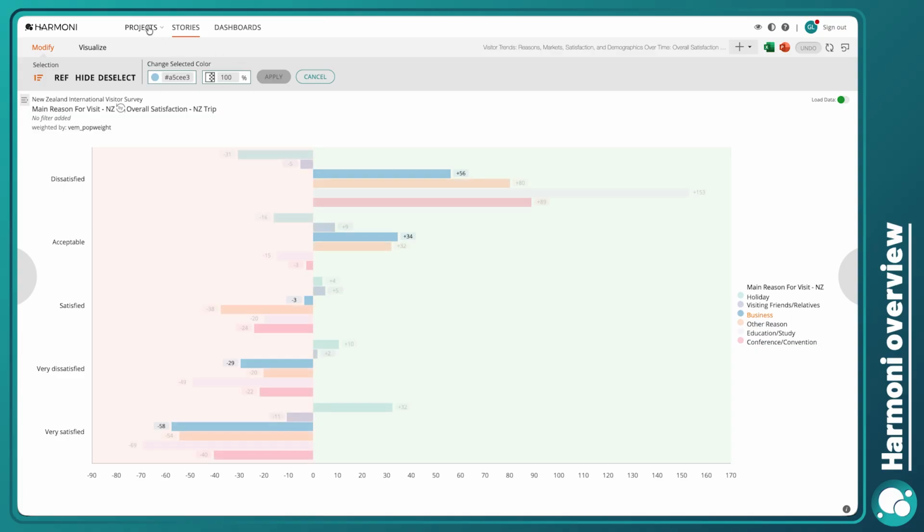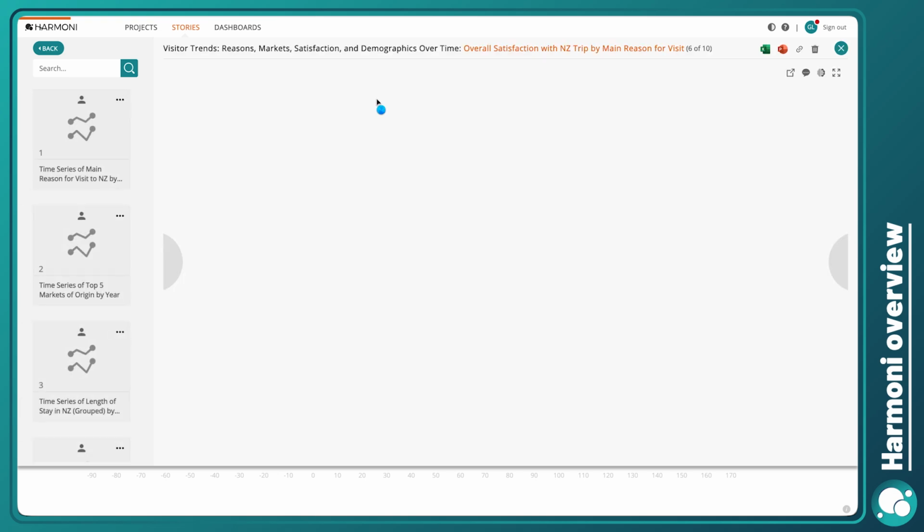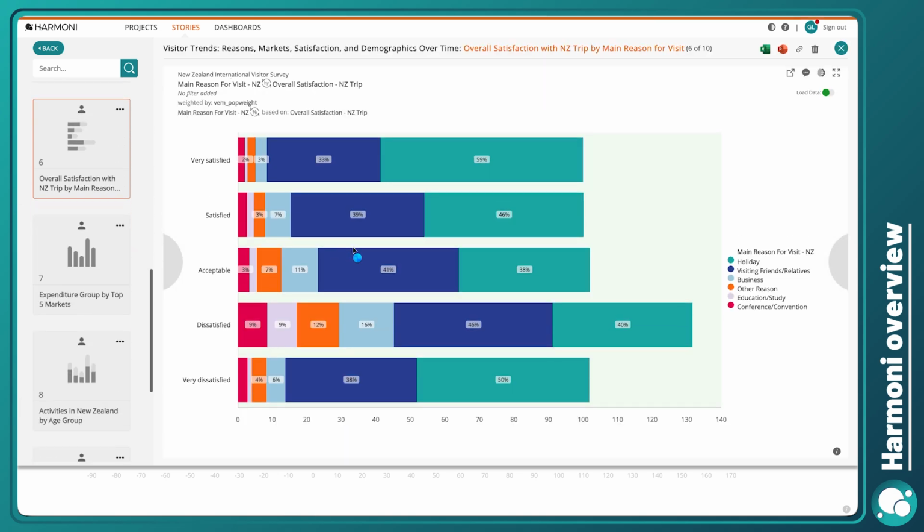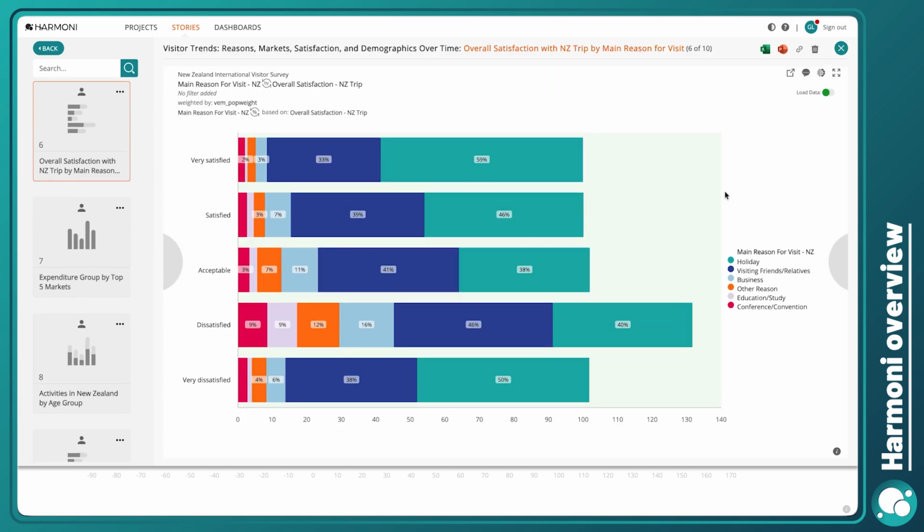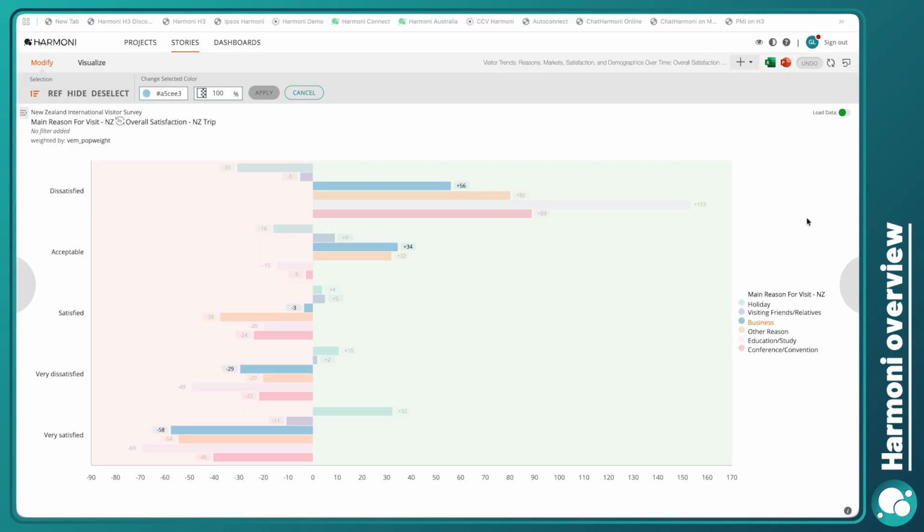And I would argue that it's easier to see it in my version of that analysis than it is in Chat Harmony's version. So the idea here is that you work with this AI assistant in order to get the best result for your stakeholders. Let's now have a look at some other ways that you can interact with Chat Harmony to create value for your stakeholders. One of the things that I can do with this new analysis, for example, is to save it